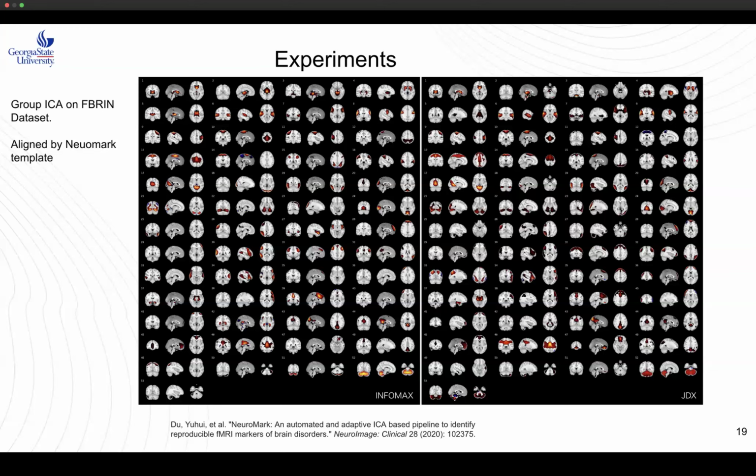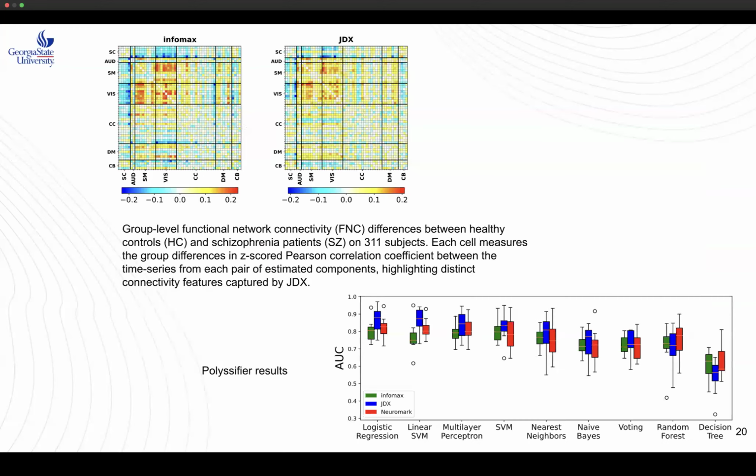Another thing is that when I try to evaluate which of these results is better, I use the extracted networks to reconstruct the FNC, functional network connectivity, of each of the subjects, and by using the FNCs, we do the